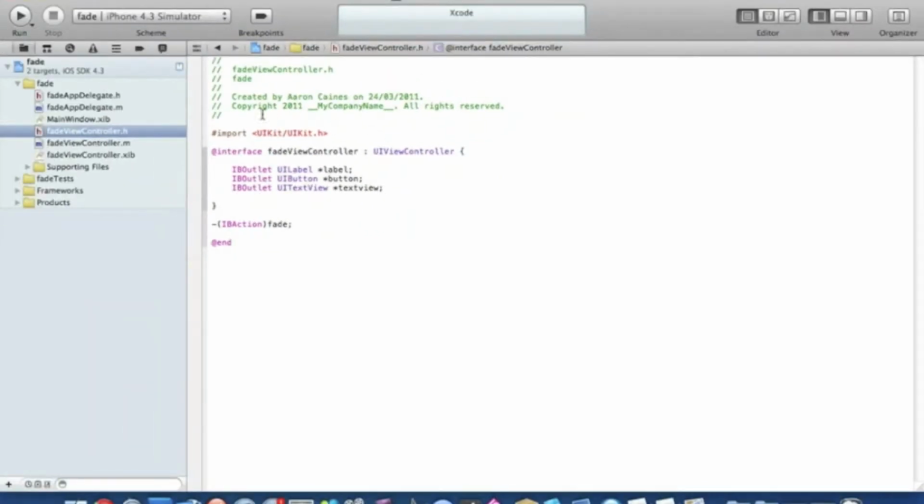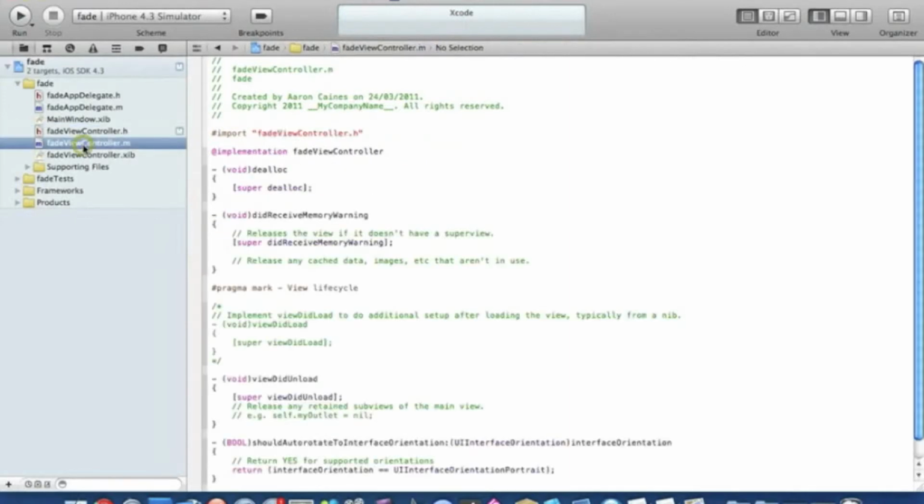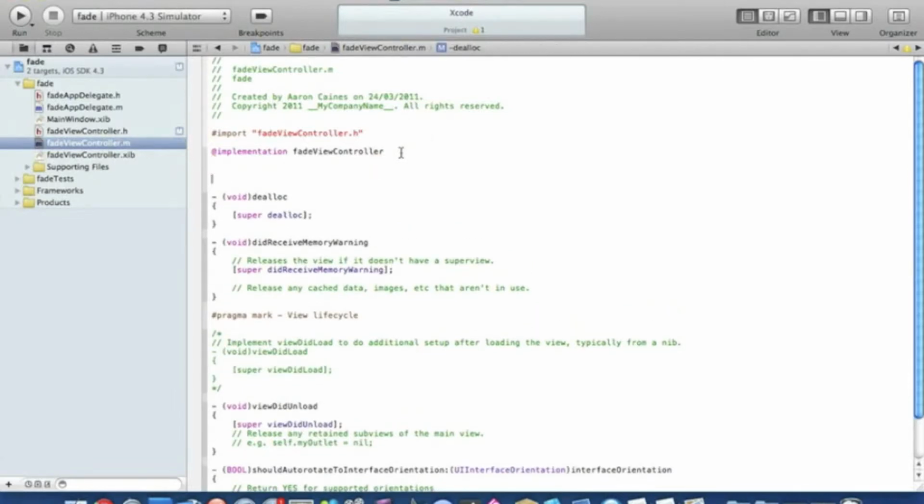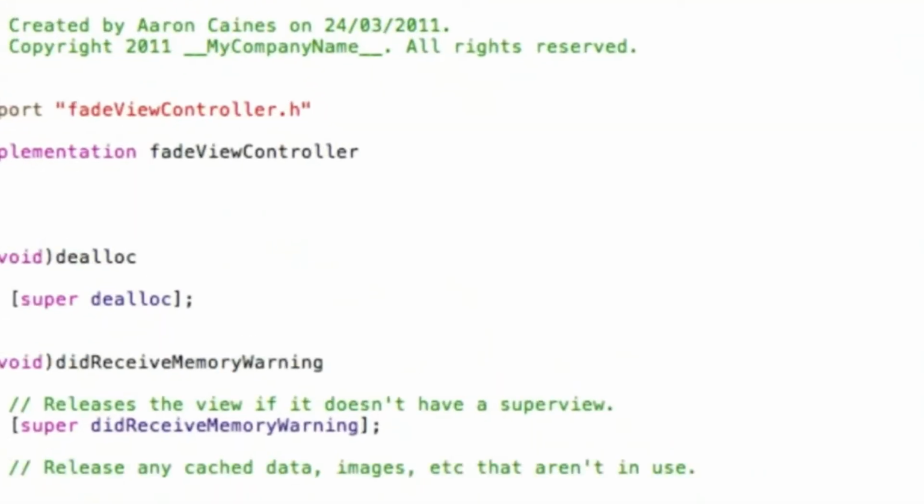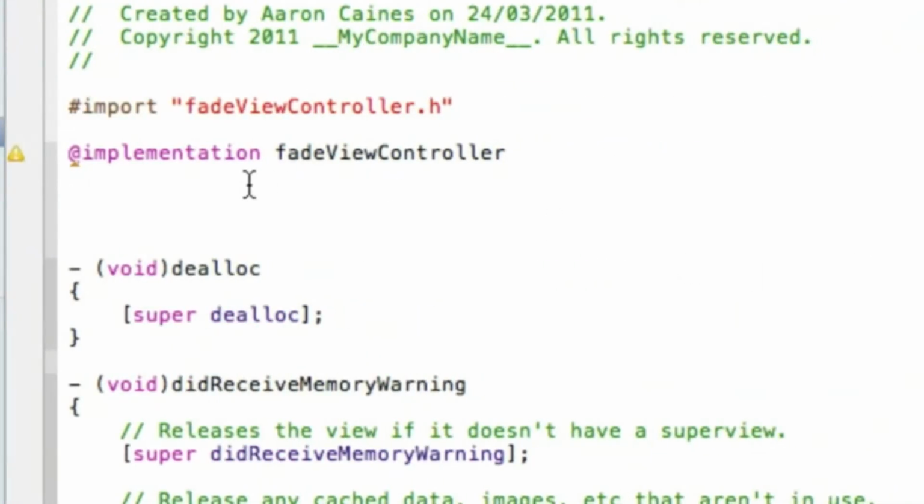Simply save that and go straight into the view controller.m, and just after the implementation here, enter a couple of times so it gives you a little bit of space, and we'll start writing our code. So we start with our action button, so bracket IB action